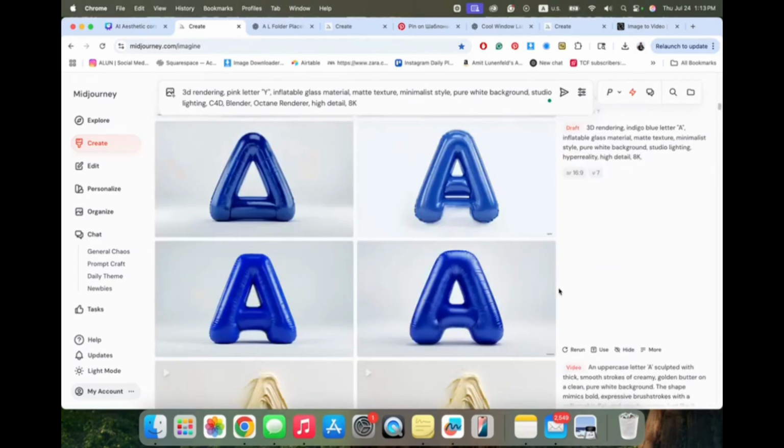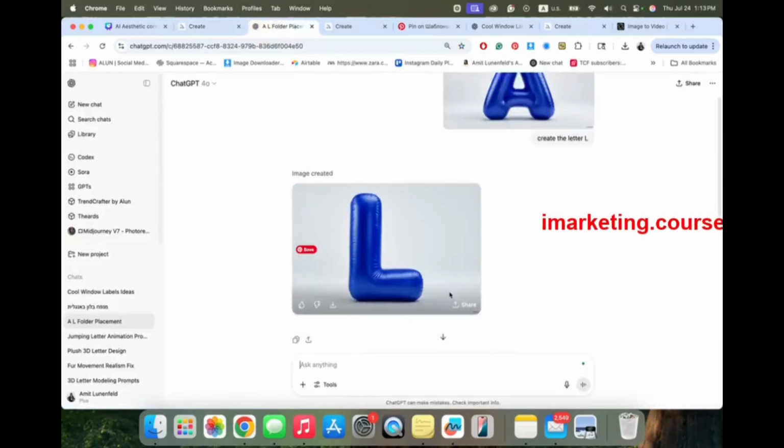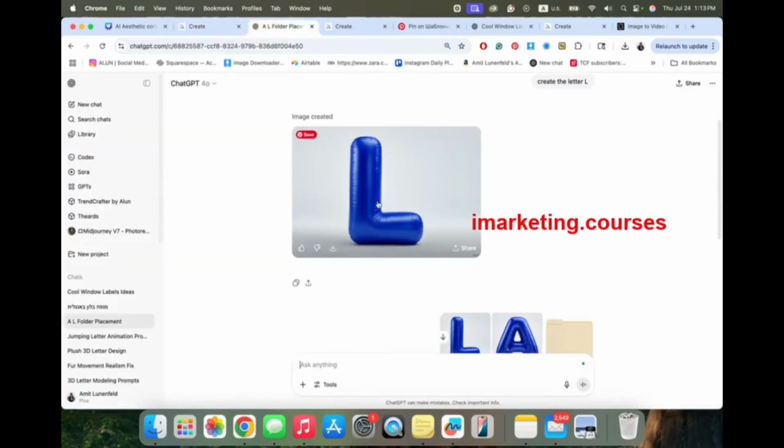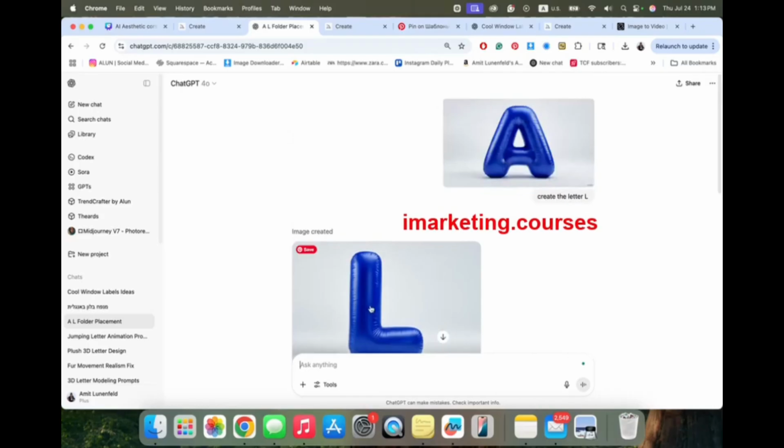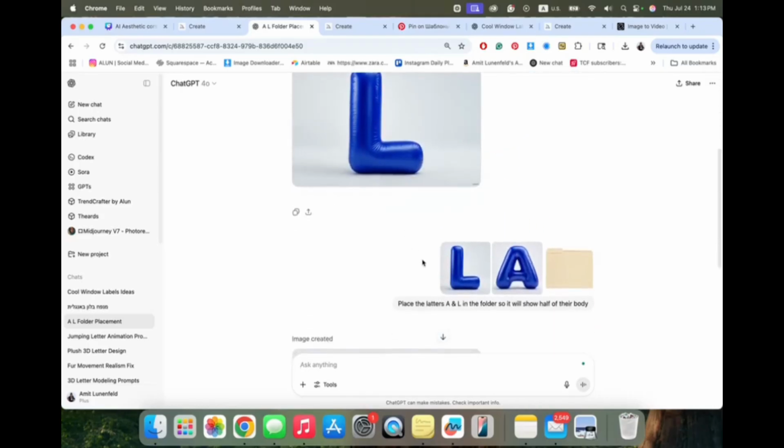So now I want to show you how I did the folder effect and how you can create more than just one letter. I created this A balloon letter. I took it into ChatGPT and asked it to create an L. It's just my last name, Amit Lunenfeld, so I thought, let's take these initials and use them.